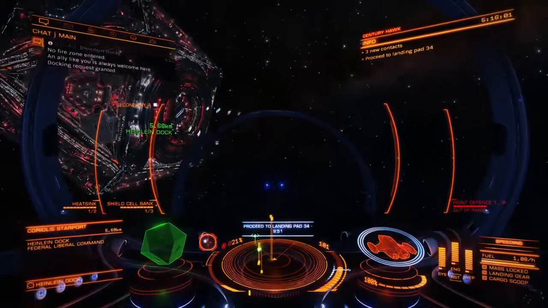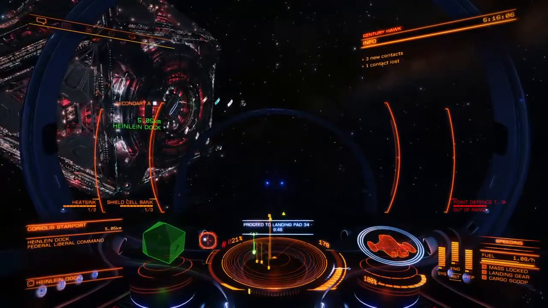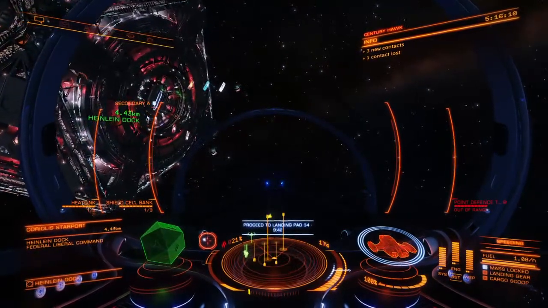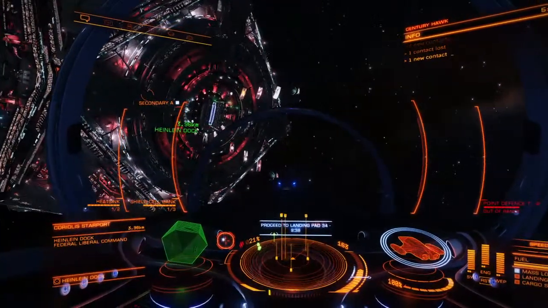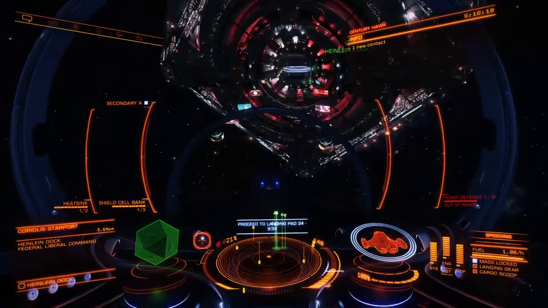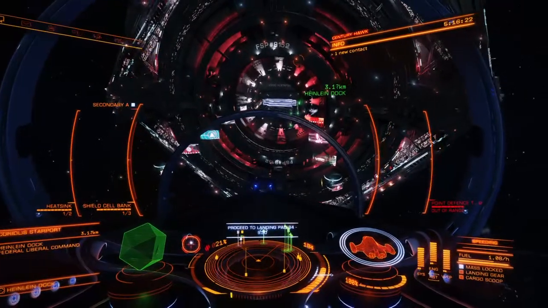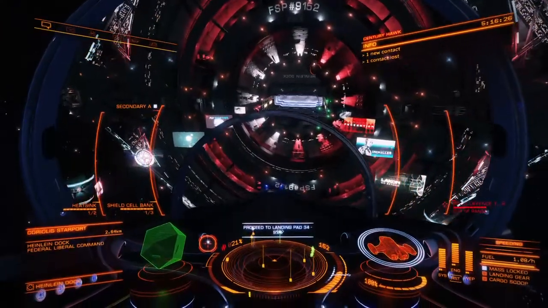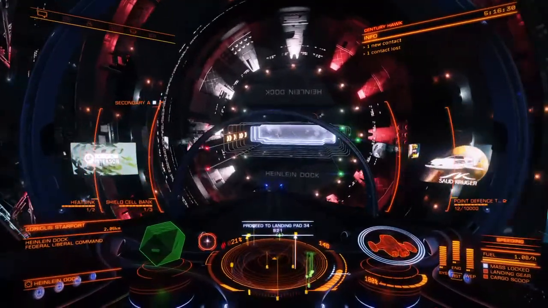So I'm flying kind of all Imperial ships tonight. Courier, Eagle, and Cutter is a few systems away, but you see me stream that a couple of times. Then I do have a Clipper that I haven't used in a long time. I forgot how far away it is. I definitely have the money to transport it over if I wanted to, but